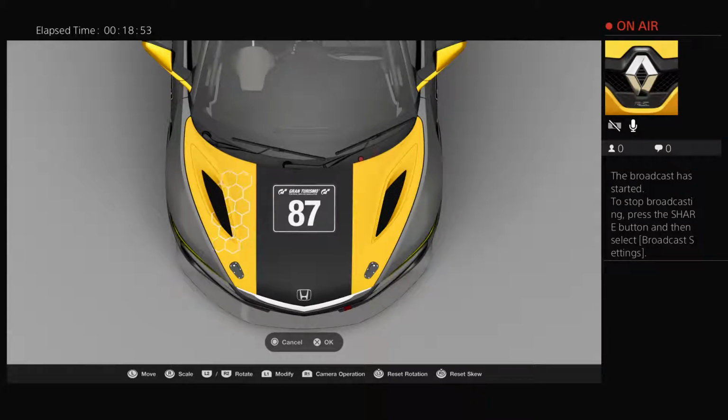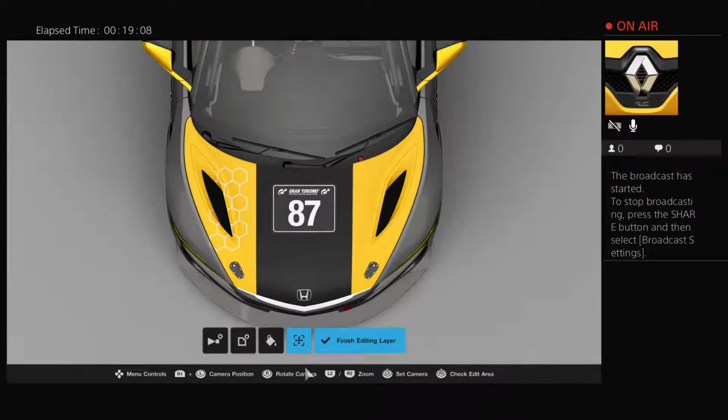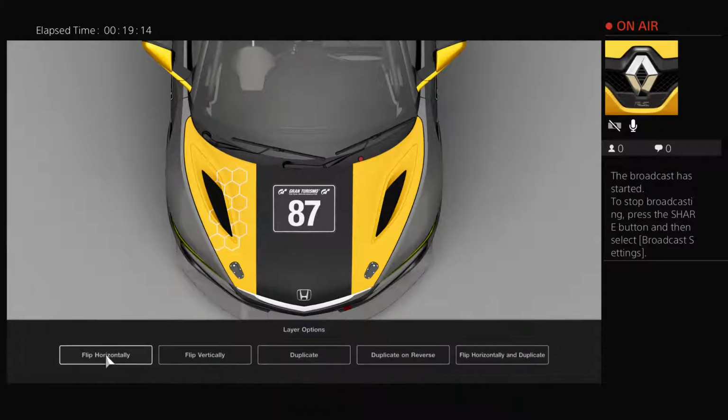To save a hassle with rotating it, you know when you go where it has set projection area, layers control, decal color, edit decal, and finish and stuff. If you go on layer control, there is actually